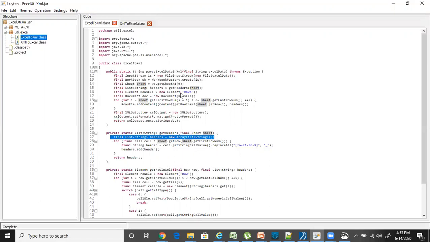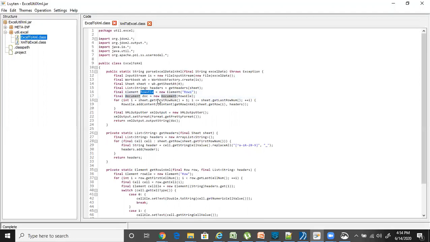So if you see the next one, this is basically what I'm doing. I'm capturing all the headers into an array list, kind of an internal array variable. After that, I'm creating a root element here called rows. From that root element, I have added this rows as a document. This is the document root-level node. In Java, after creating an element, if you want to say this is the root level or topmost level, we need to make it a document. Document represents an XML file, the whole XML. So I'm making rows the root element here.